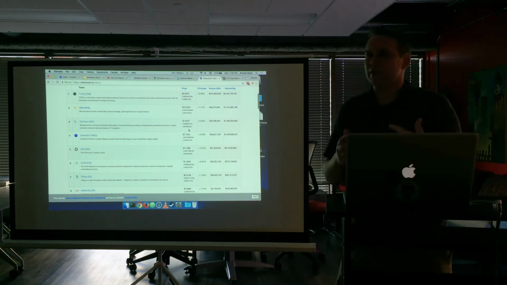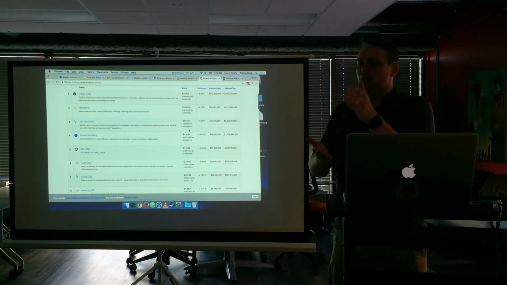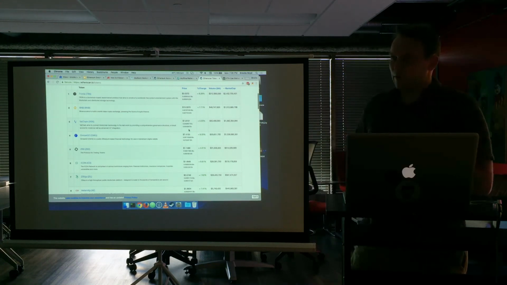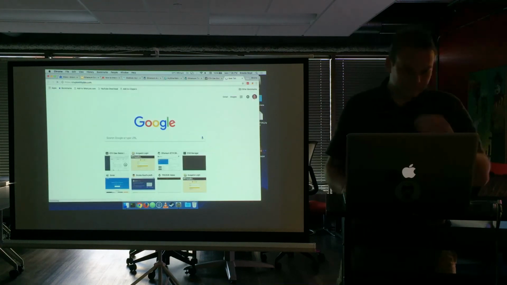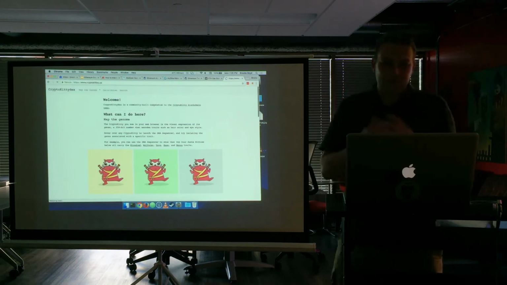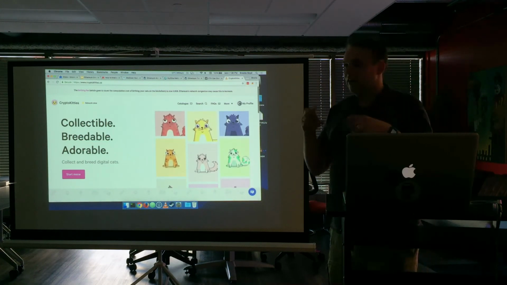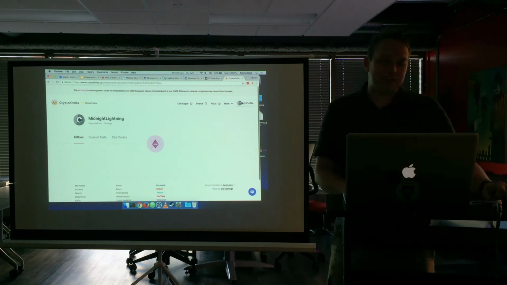The non-fungible tokens, yes, you may still have a wallet that says you have 10 of them, but it then also keeps track of you have these exact 10 and they have these identifiers. The one very popular example of that one is the CryptoKitties application. Whoops, not that one. There we go. The CryptoKitties application is that idea of their tokens are cats, and you can have many of them. And let's go over here because, yes, I have some cats as well.